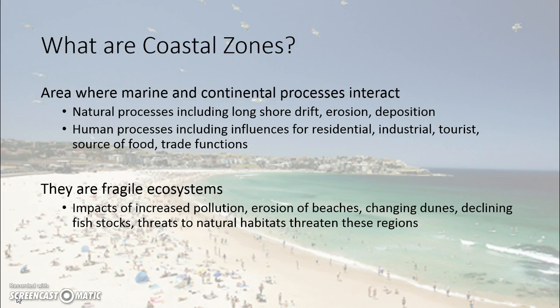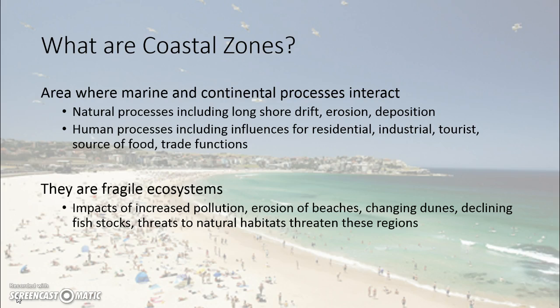Now, when you are looking at coastal zones, what that means is you're specifically looking at the area where the marine and continental processes interact, or where shore meets ocean, where land meets water at the ocean. And it includes land under the water, and it includes land on the fringes outside of the water. And there's a huge amount of both natural processes and human processes, as we mentioned before, that have an effect